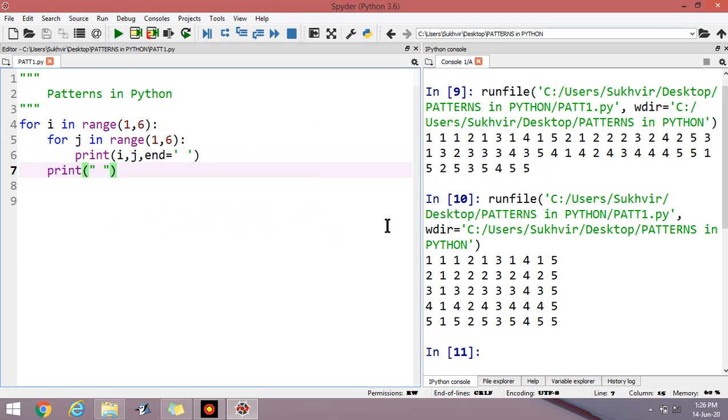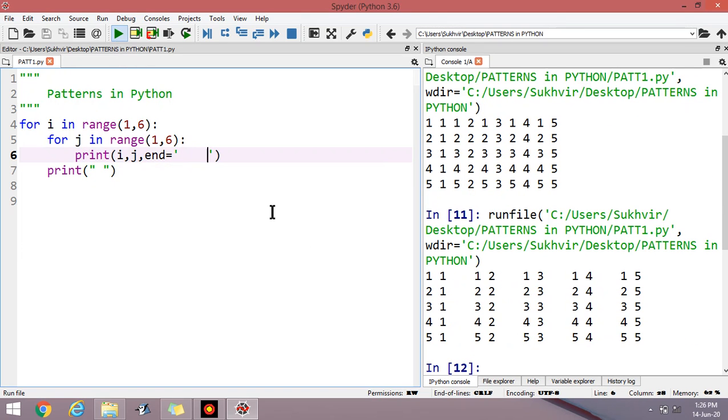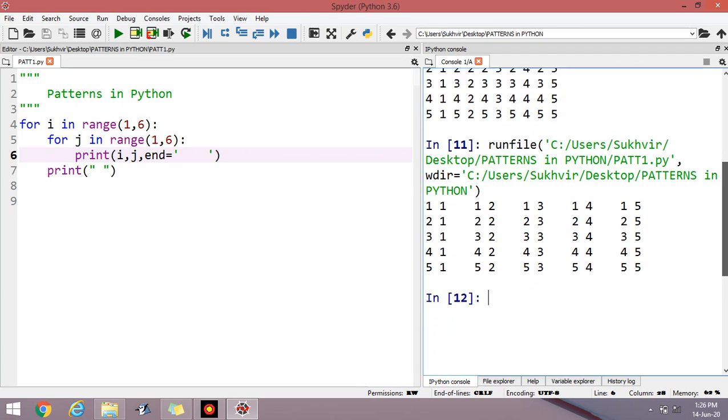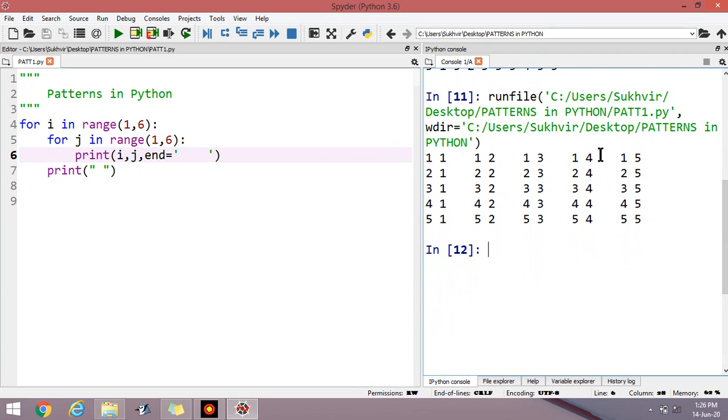space is required here. You can display the elements, some more space can be produced. You can separately display all the elements. Now what is the meaning of basically this value? This value is 1 1. First value is the value of i and second is the value of j, ij. It means in the first row the value of i is 1 and the value of j changes from 1 to 6.